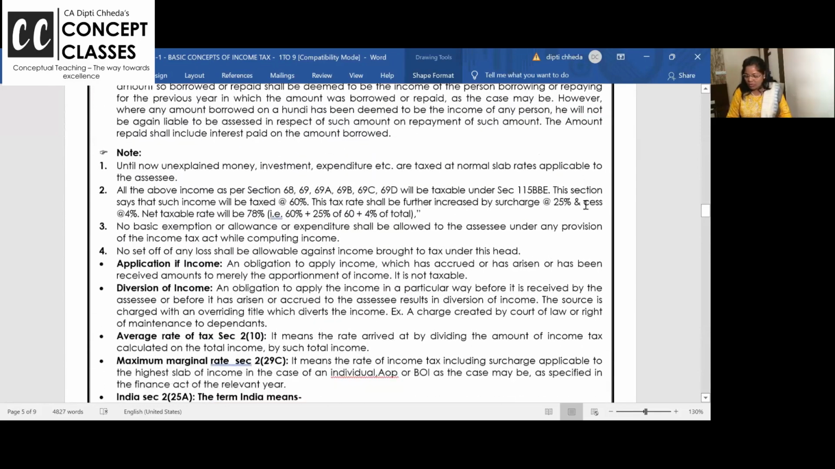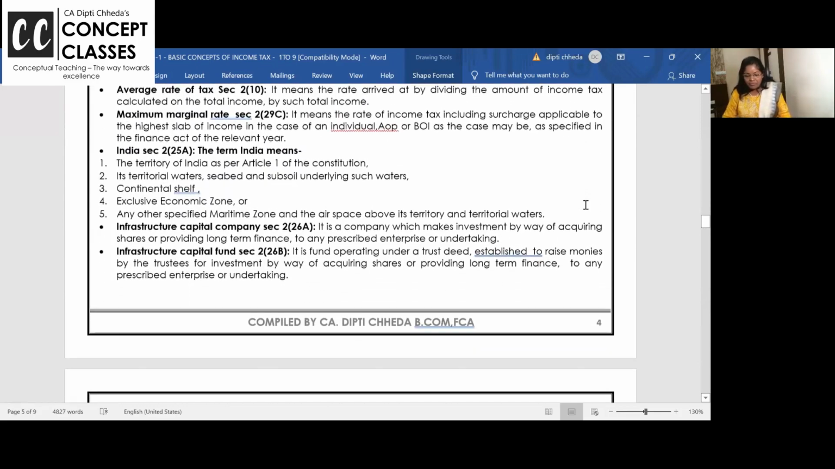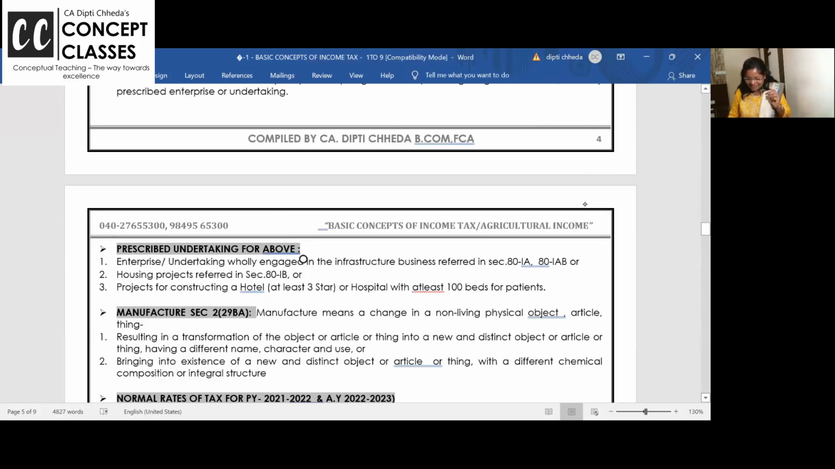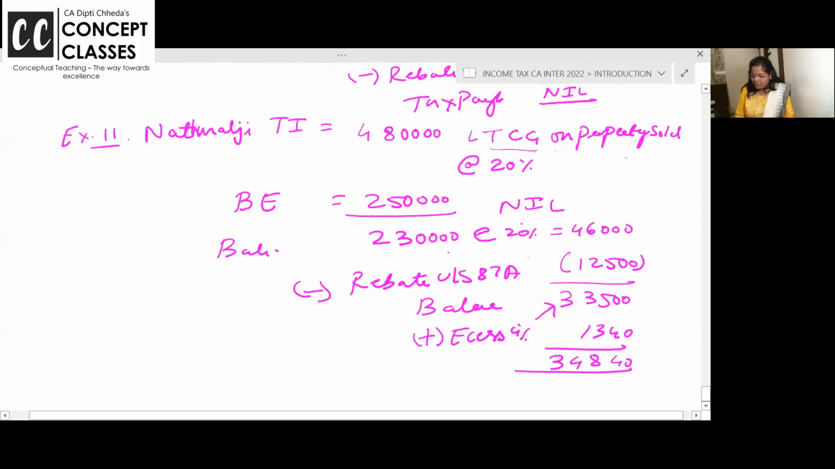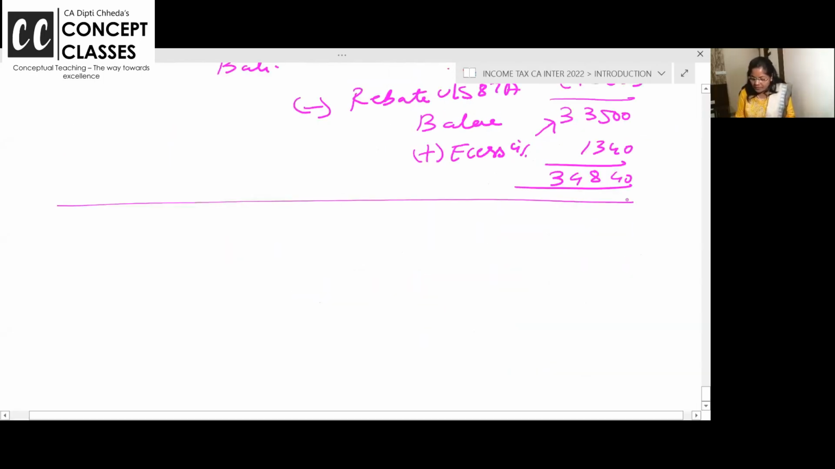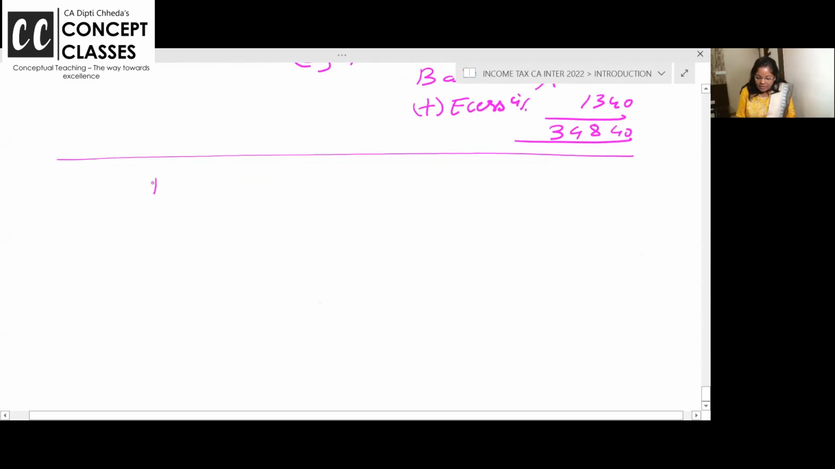Let us do some more definitions. Before I start with something more, go to your notebooks and write this. We will now see how to read a section. Section कैसे पढ़ते हैं वो देखेंगे. ये देखो. एक concept है deemed dividend. I'm just giving an example. Deemed dividend 2 फिर bracket में